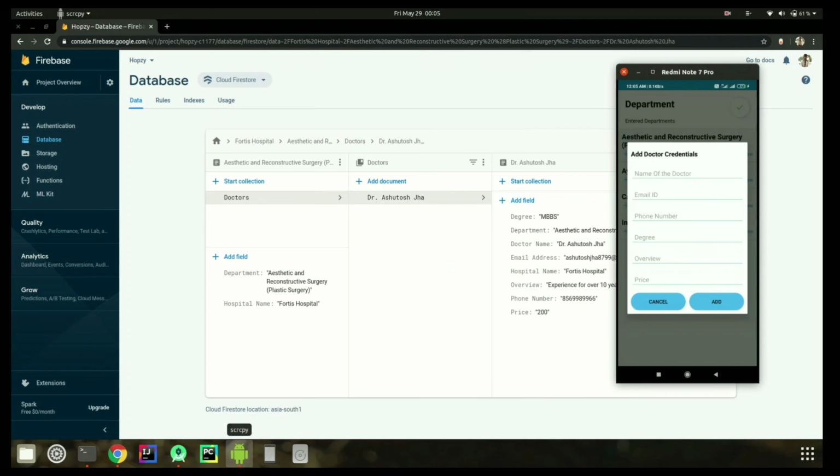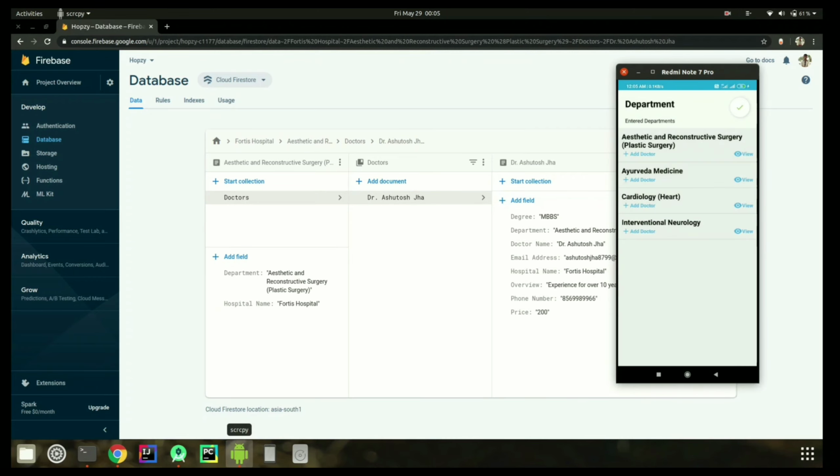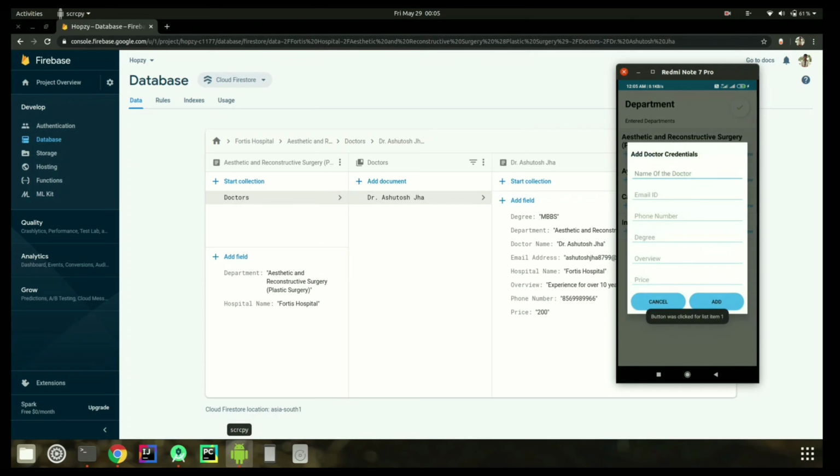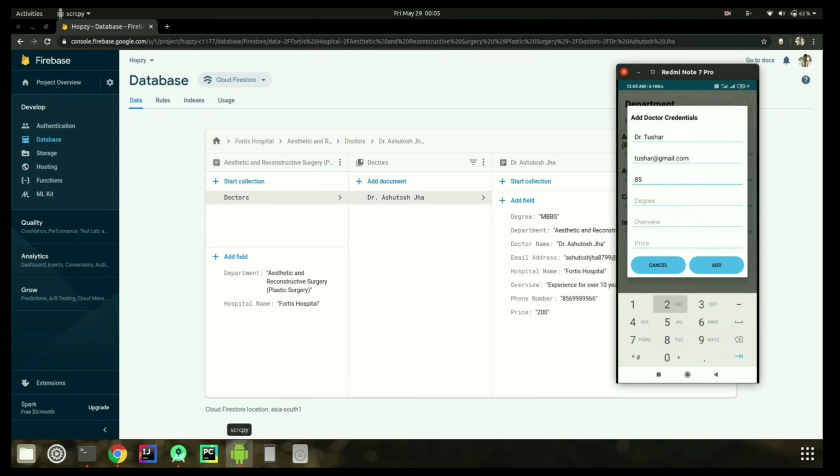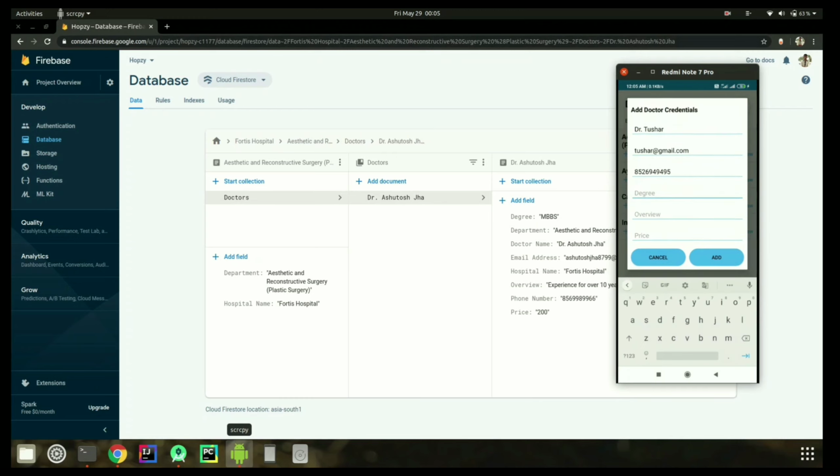Now we'll try to add one more doctor to one more department. As usual, we have to provide all the basic info of that doctor. All the fields are mandatory. If any of the fields is not filled up, then an error will be displayed.